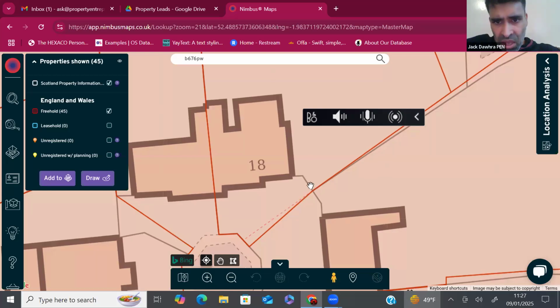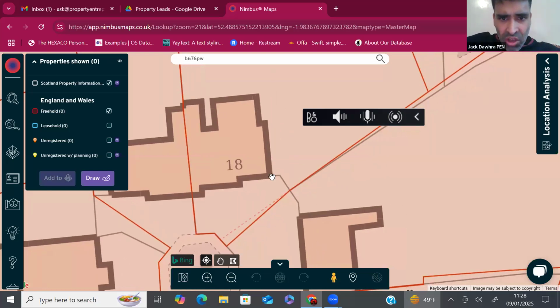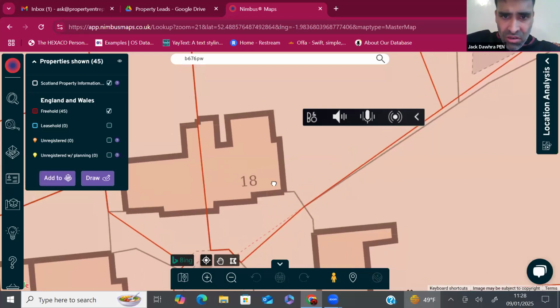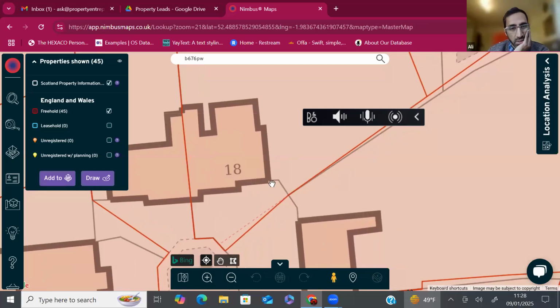So can you tell me what would be the width of this place? Between the house and the actual boundary, what's the width of this? I think it's about 2 meters. 2 meters only. So from within the boundary of the house, there's actually a legal limit for access. I can't remember the exact number. I can check this for you, Ali.